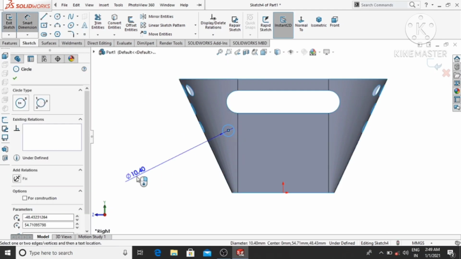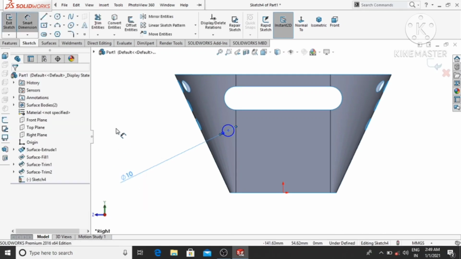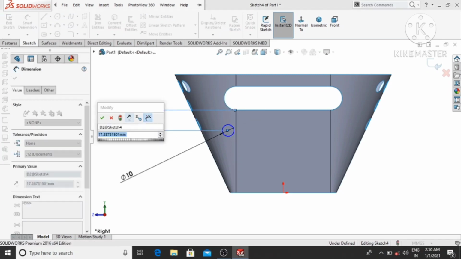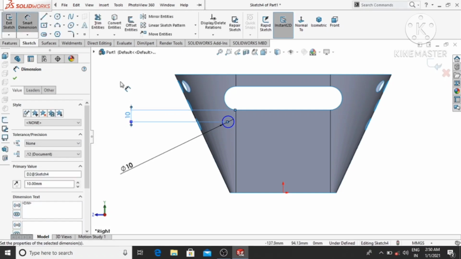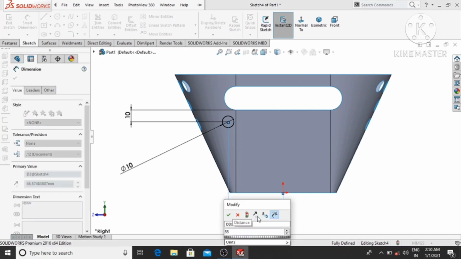This circle will also be 10 mm, and from this point and this point, this gap will be 10 mm, and from this origin point and this point, this gap will be 55 mm.